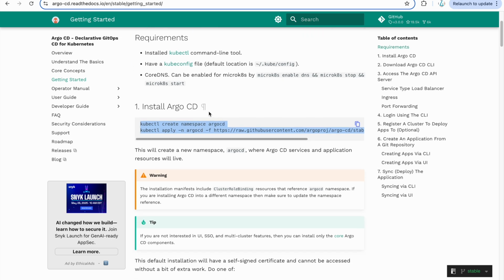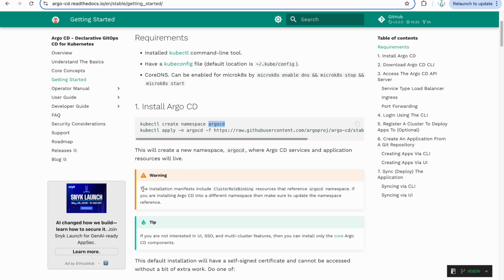The command to install Argo CD: you create a new namespace and then you apply these configurations. This will create a new namespace with this name, where all your Argo CD resources will be running. Make sure that you use the same namespace, because if you change the namespace, then you need to change the corresponding resources wherever Argo CD is used.